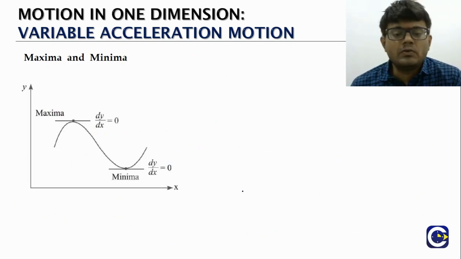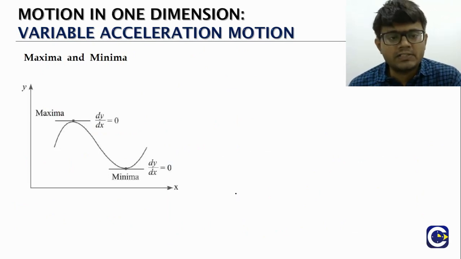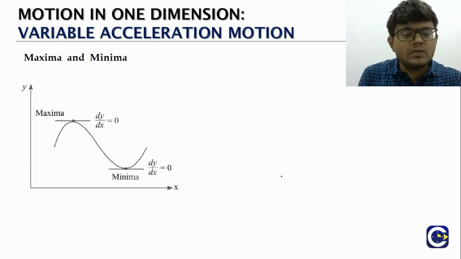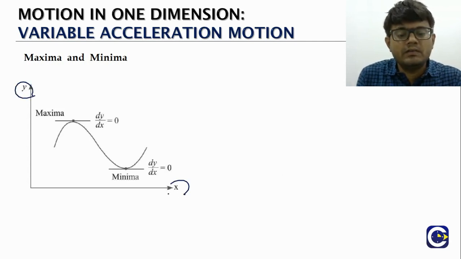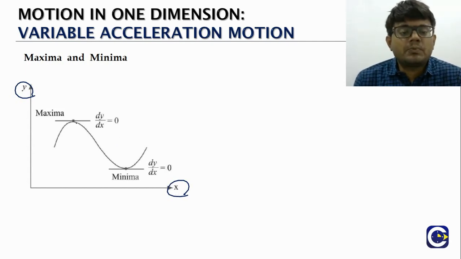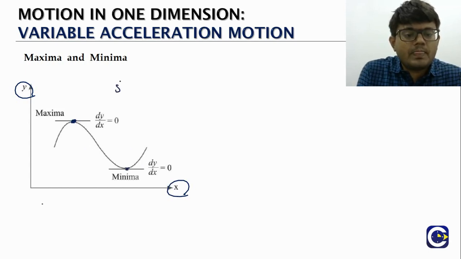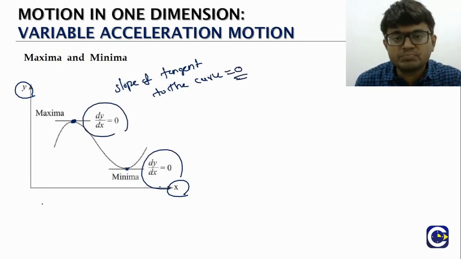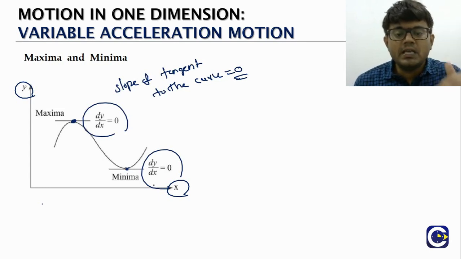Next, sometimes, like any general function discussion case, we can also have questions where they will ask us to talk about the maxima and minima. So whenever we have a function y which is depending upon the variable x, whenever the function is approaching the maximum value, you can see this is the maximum or the minimum, the slope of the tangent to the curve will become 0, which means dy by dx value will be 0. Whether we are reaching the maximum point or the minimum point, the slope of the tangent drawn to the curve will be 0.